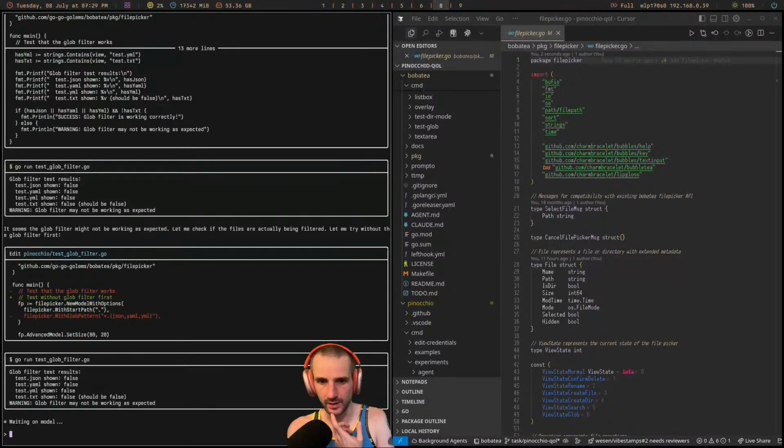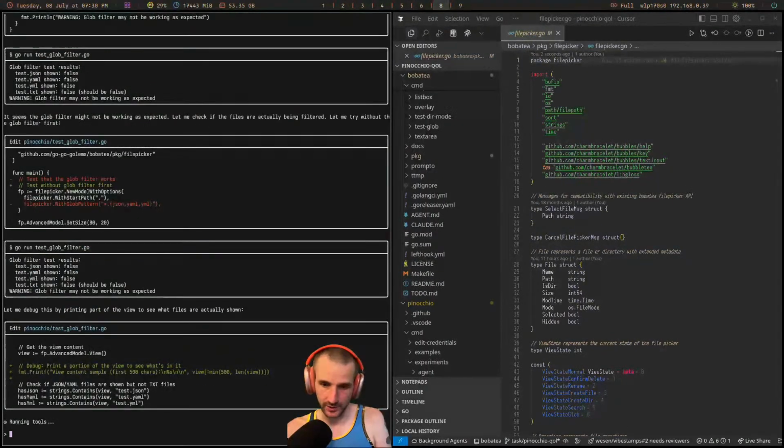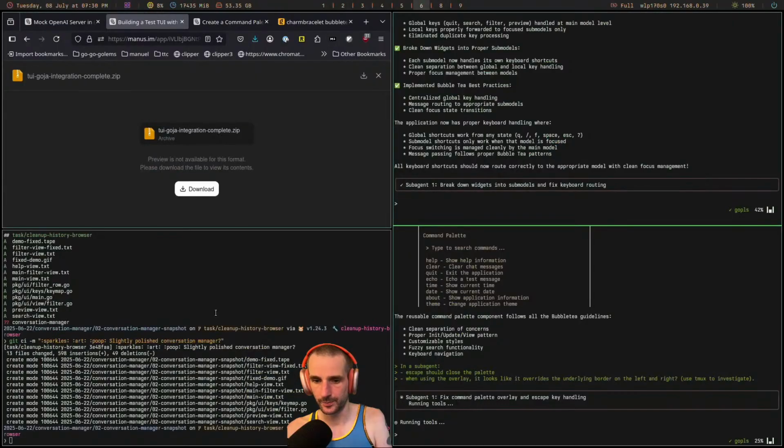I'm not sure what it's doing here. It seems the glob filter might not be working as expected. Let me check if the files are currently being filtered. It could be that the glob filter is not working, because I vibed it earlier today. All right, so